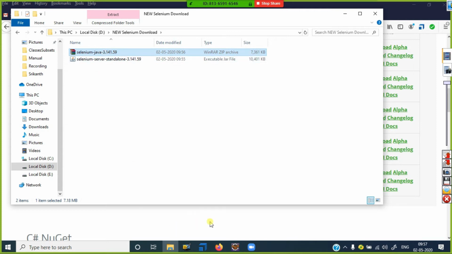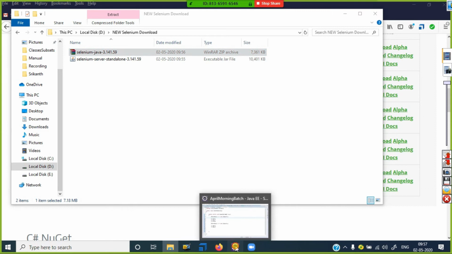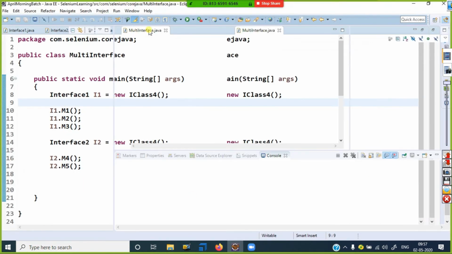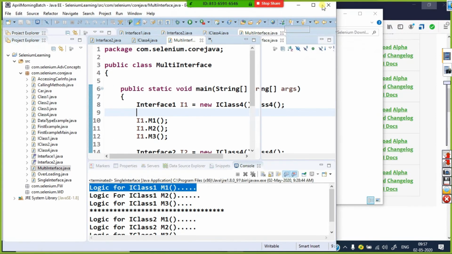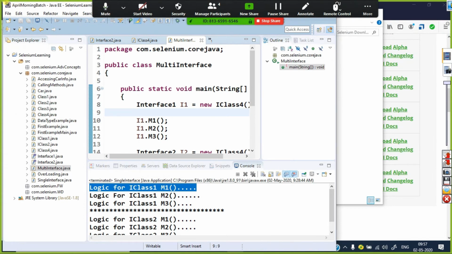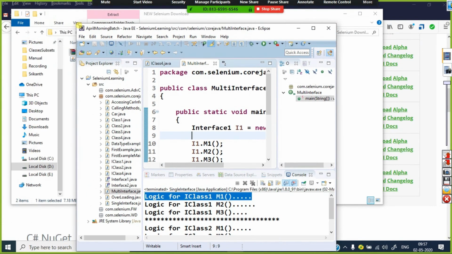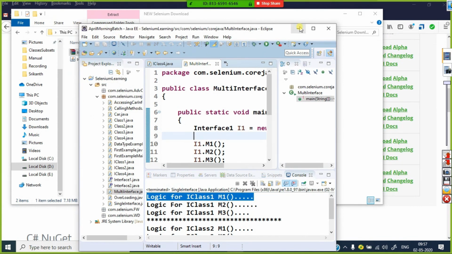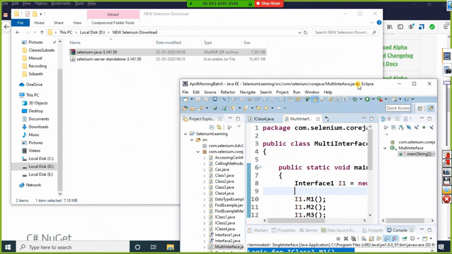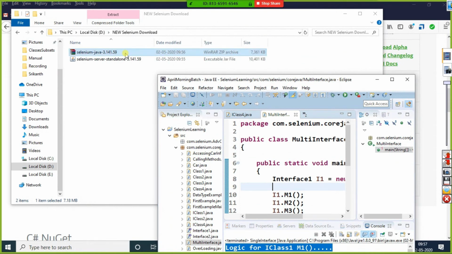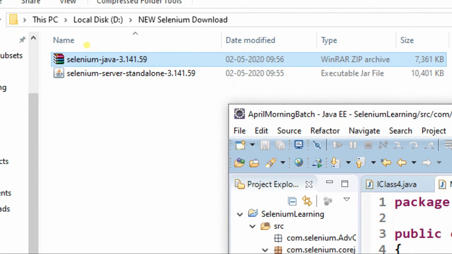Okay, let's discuss. This is my Eclipse, and this is my Selenium files separately.